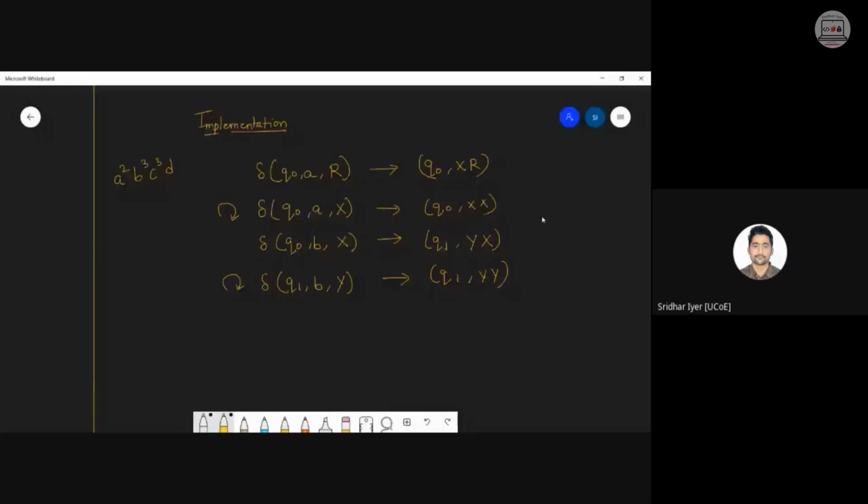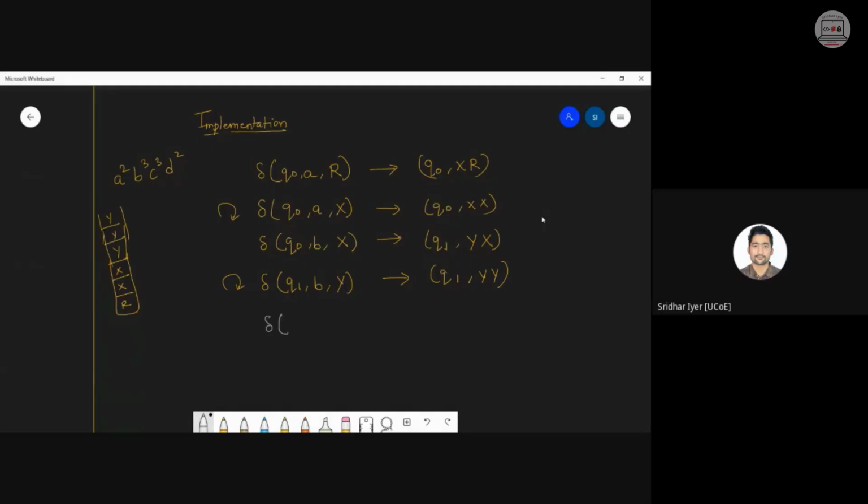Okay, so in my stack right now, I'm having two X's and three Y's, right? Because I'm just following the N and M pattern. Clear? This is the condition of the stack right now after these 4 steps. So next up, what will happen is now I will start the popping operations.